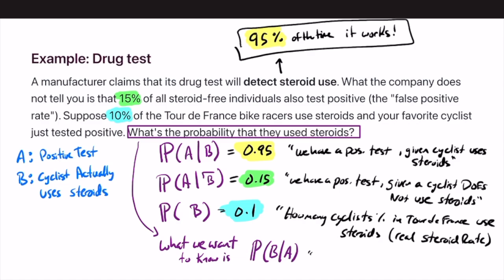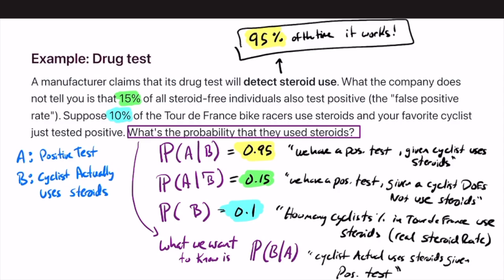Okay, so what we care about is the probability of B given A. Really what this is saying is that the cyclist tested positive. Well, how likely are they to actually use steroids? So it's sort of the